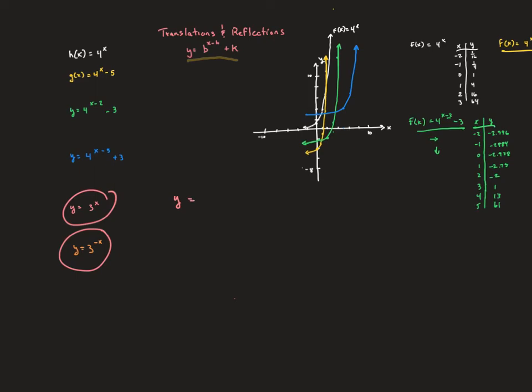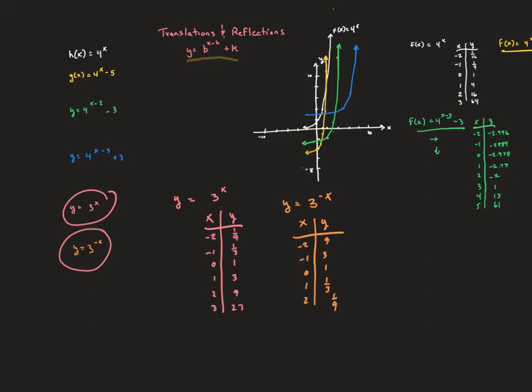So if I have y equals 3 to the x power, I plug in some x and y's, and then I'm going to have y is equal to 3 to the negative x, and I'm going to plug in some x's and get out the y's. Okay, so I've plugged in some values here, and as you can see, just by looking at the tables, if I look at my y values, they seem to be a bit reversed here based on that negative. So when I go to graph it,